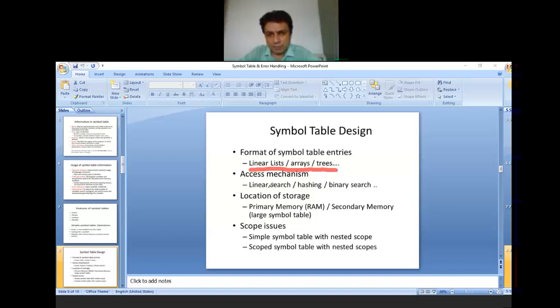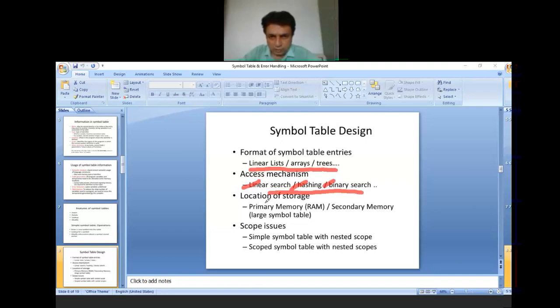And the access mechanism: we use the symbol table by using linear search, binary search, or the hashing method, which you already studied when you studied the data structure and algorithm subject in the searching methods: the linear, binary, and hashing searching techniques.